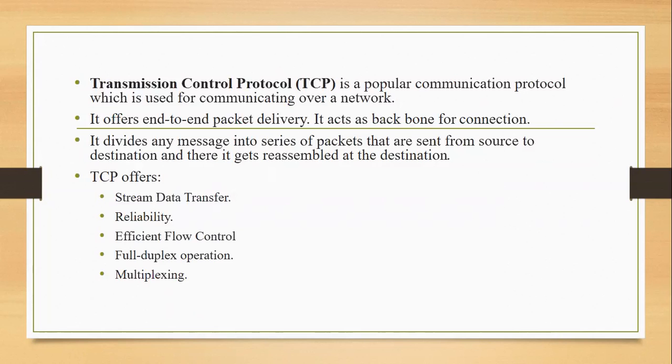There are five layers in the TCP protocol: application layer, data link layer, physical layer, transport layer, and network layer. These layers help in communication at both the client end and the server end, by splitting the data into packets into networks and routing in proper format at the end of data transmission. It offers reliability, full duplex operation, multiplexing, streaming data transfer, and flow control efficiently.